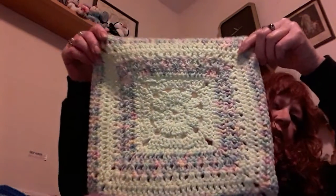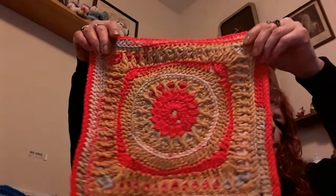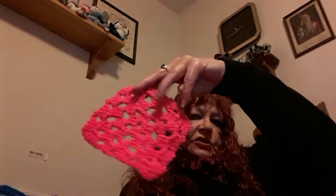They're all different sizes, so I'm going to have to figure out how. But there's more. See, there's more of the big ones than of any of the other sizes. So I'm going to have to figure out how to do this. Oh, there's a pretty one. Some of these are just amazing. And then you get some plain ones too, which will be fine because you'll need something to fill in. You can't have them all crazy